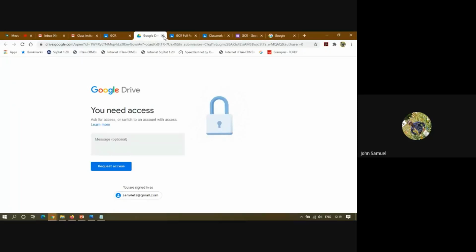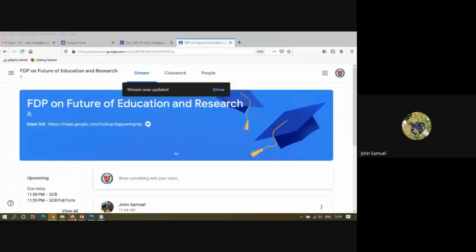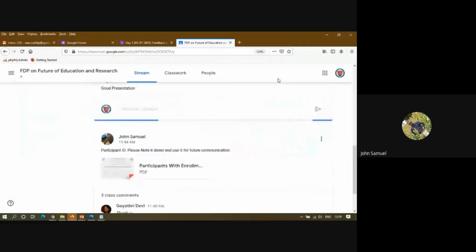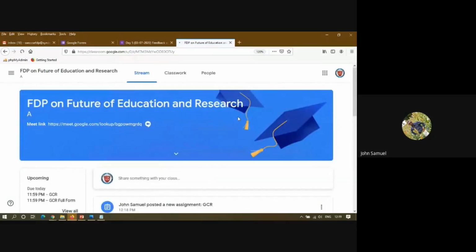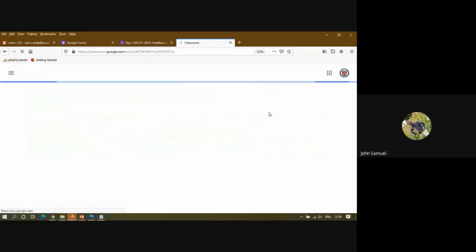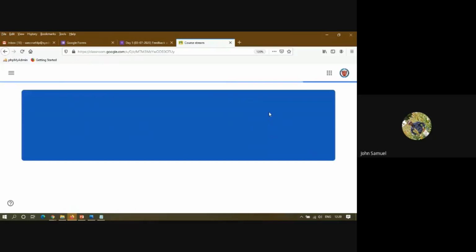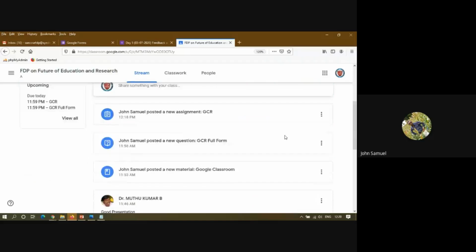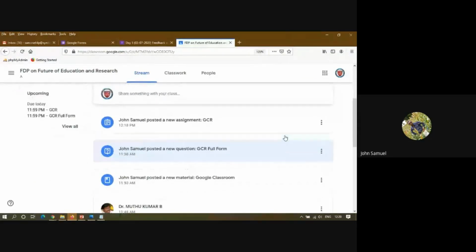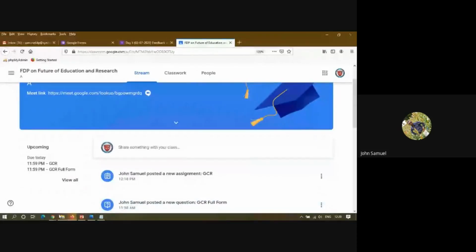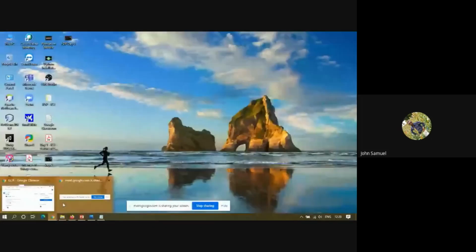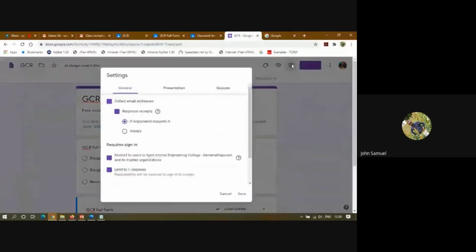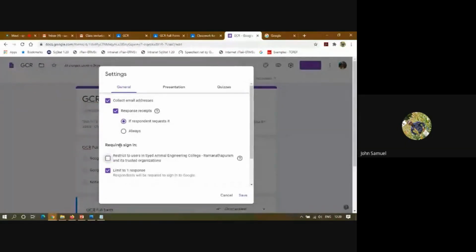Okay, actually, there's a problem. I think the form is not saved. So I am selecting that G Suite student account. At the time of a quiz, you have to be careful about that. Who can access the form? I showed that in the setting, right? So you should be a little bit careful about that. See again.